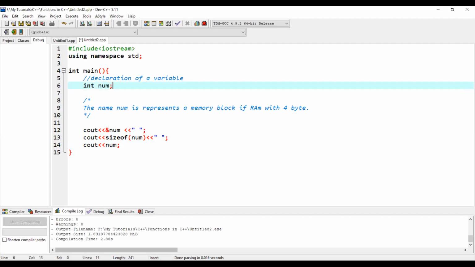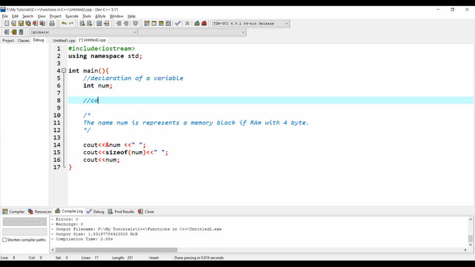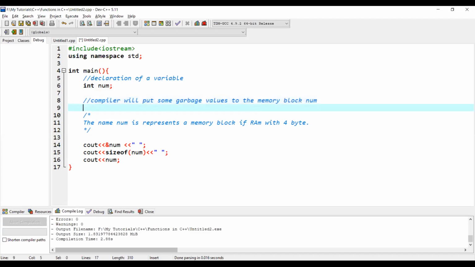So we can say the compiler will put some garbage values to the memory block num. Okay, some garbage value. So if you print, it will print some garbage value here. Okay, so save this and let us execute.